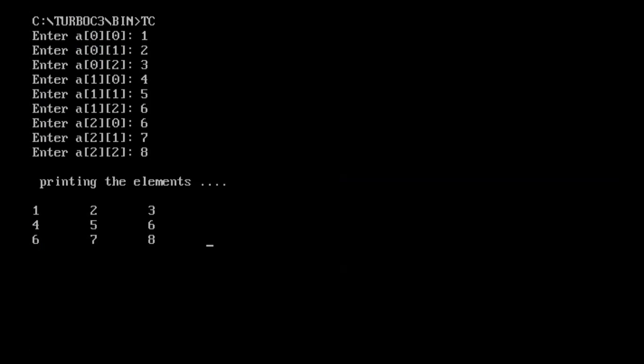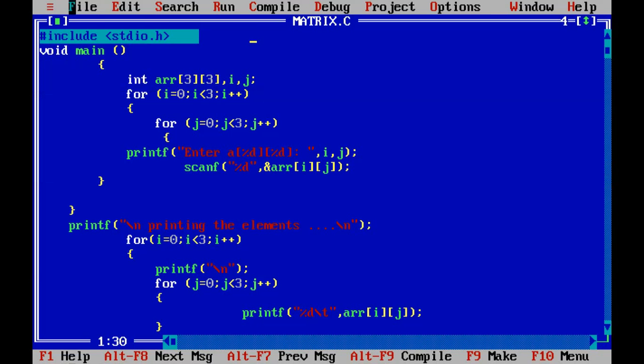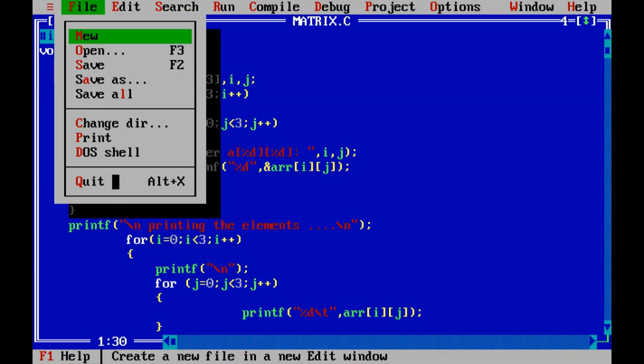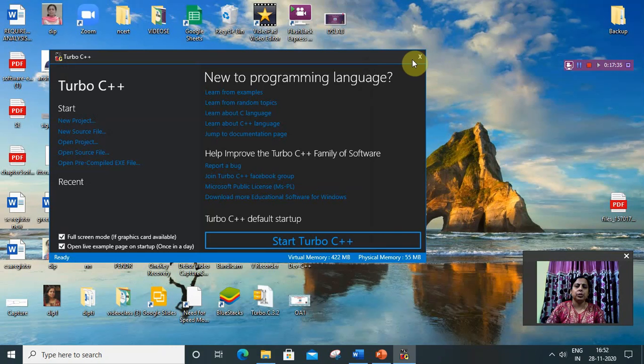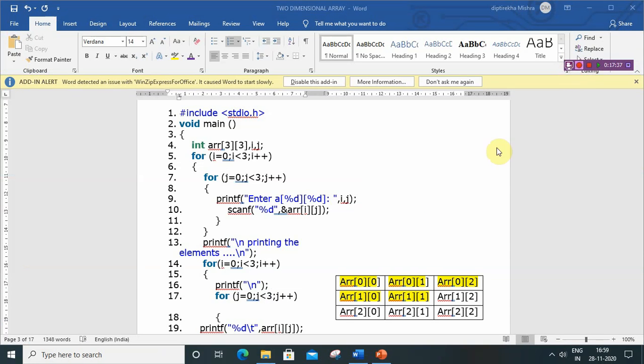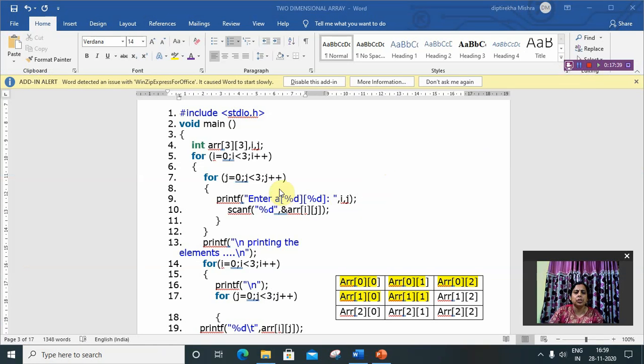So this program will enter the elements in a 3x3 matrix and display them. So this is the output.